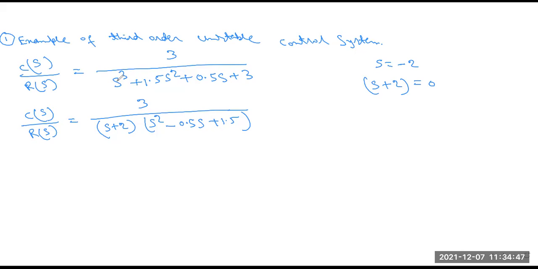At first 0, then 1, minus 1, then 2, minus 2, minus 3, minus 4, and so on. You put in these values wherever S appears, that is S cube, S square, and S. When the value comes to 0, that factor is called the zero factor. Is it clear, all of you?